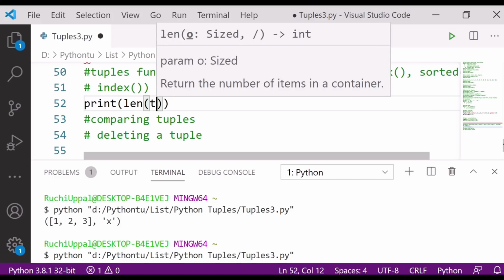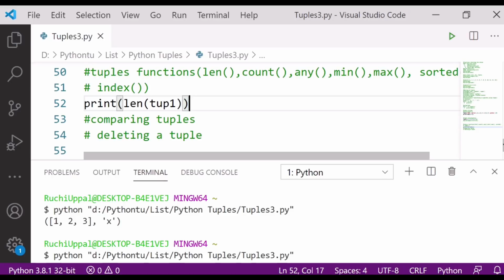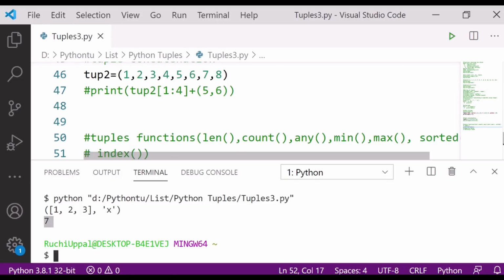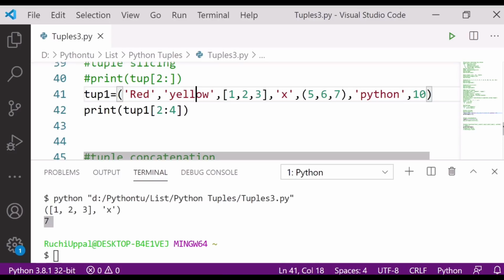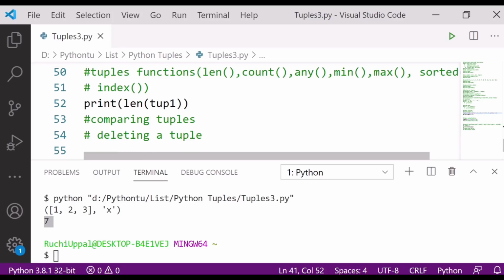Control S and run. It is telling me the length is 7. Let's see if it is true: 1 2 3 4 5 6 7. Yes, of course, its length is 7.